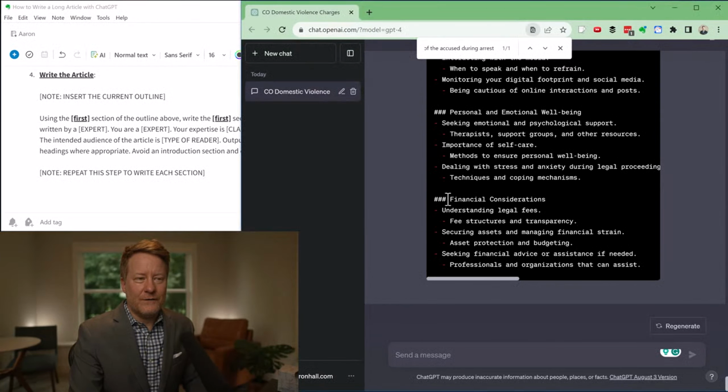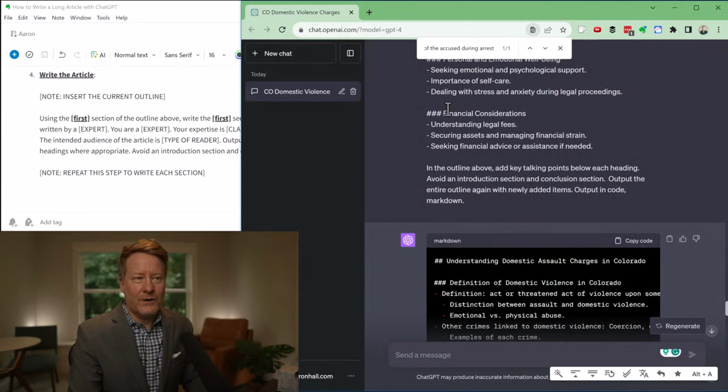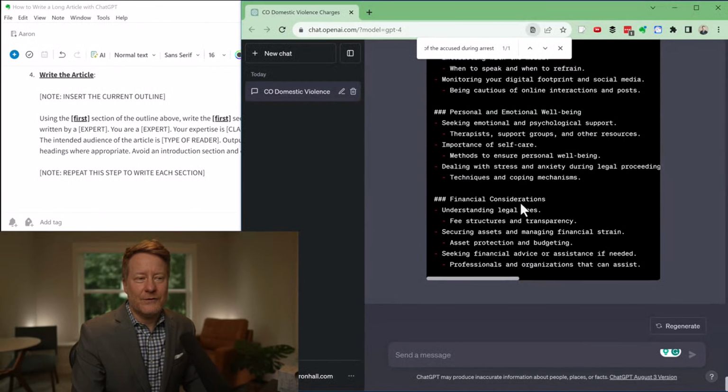Let's just make sure. So it's ending with financial considerations. Let's make sure that that is where it should end. Oh yeah. The last version of the outline was financial considerations, and there were 3 subpoints. But then when we gave it the prompt of add key talking points, I'm guessing it's coming up with more than 3 subpoints under financial considerations.